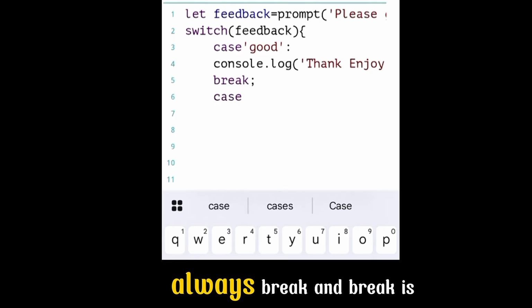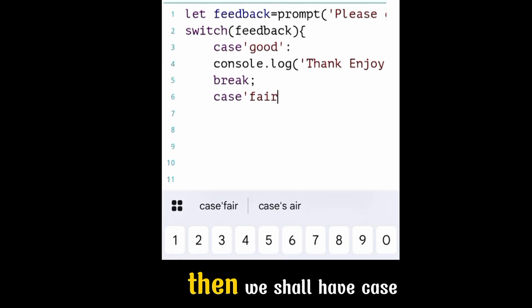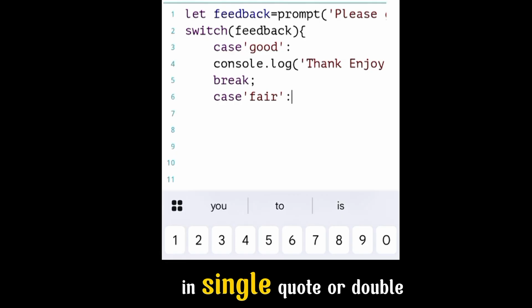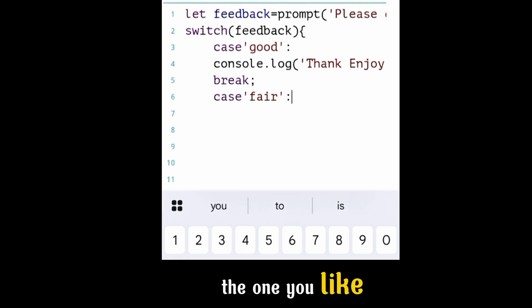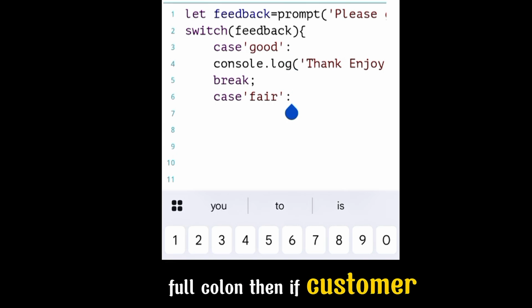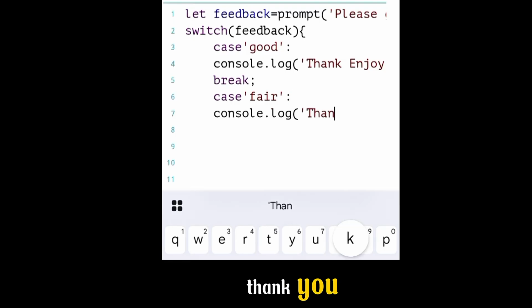To avoid that, we always break, and break is followed by a semicolon. Then we shall have case 2 where the customer says fair. You put it in single or double quotes, the one you like, and then you close with a colon. If the customer says fair, we shall print "Thank you,